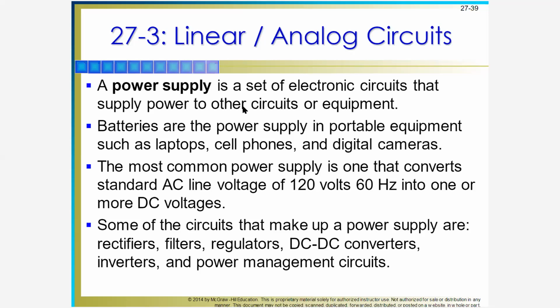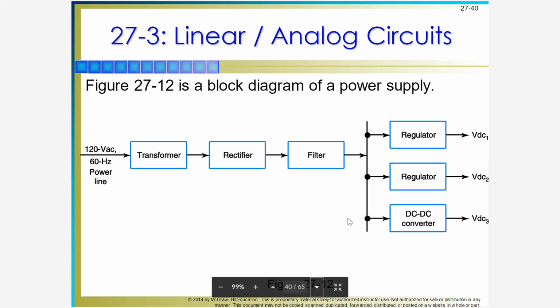Okay, next we have power management circuits. You should be familiarized with that as a part of your electronics. Okay, we have a 120 volts AC, 60 hertz power line. For example, if we use the line in our homes, the live wire is 120 volts. Then there's a transformer. There are two types, step up and step down. What's common is the step down transformer. It will decrease the voltage value to make it 5 volts.